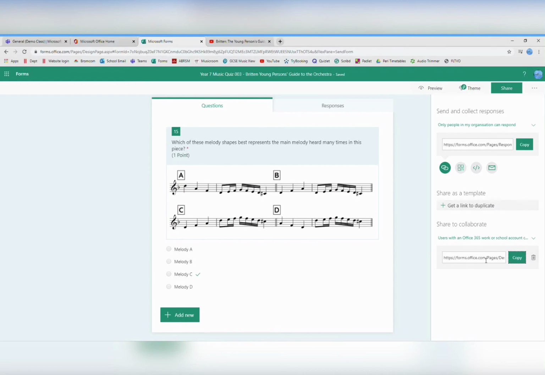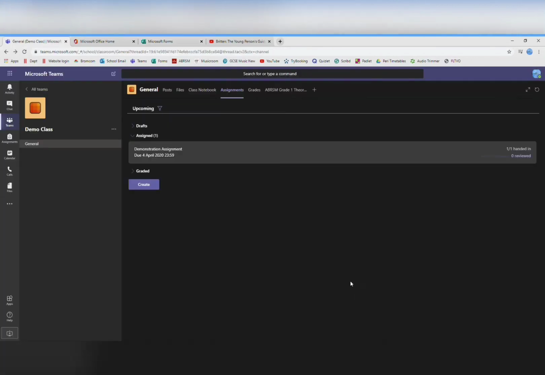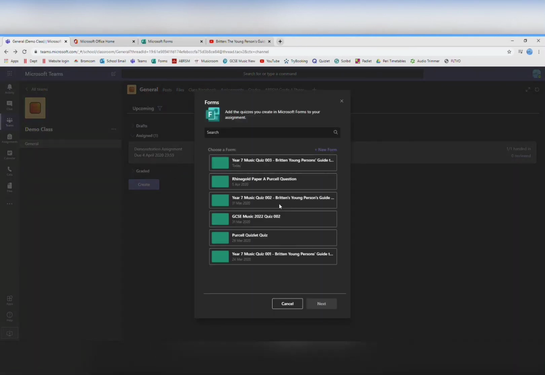Okay, once you've created the quiz in Forms, what you now need to do is go back to Teams to attach the quiz as an assignment to one of the teams. So I'm going to come back up into Teams, and I'm in my demo class, and I've clicked on assignments. Here's one that I popped in earlier just to check it works, and it does. I click create, and at this point, don't click from existing, even though you're thinking, well, hang on, I made an existing quiz. What you do is you click on quiz, and then at this point it lists all the ones that you've got in there already. So click on that, and then on next,